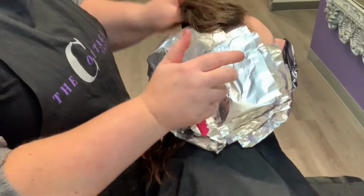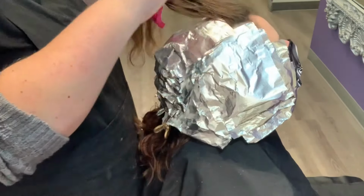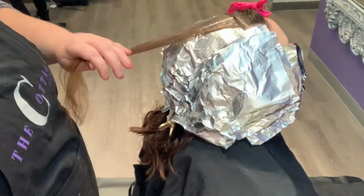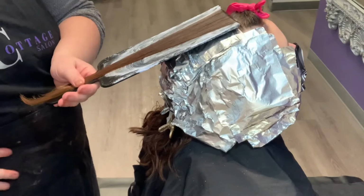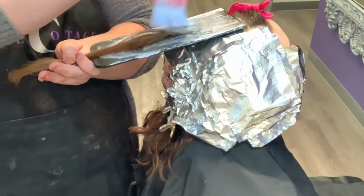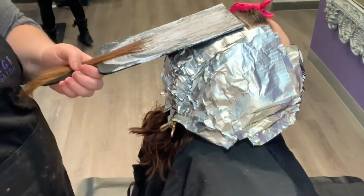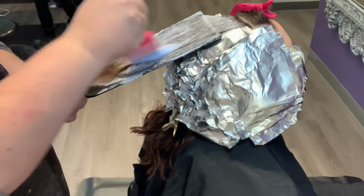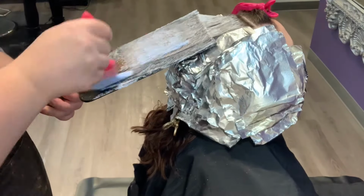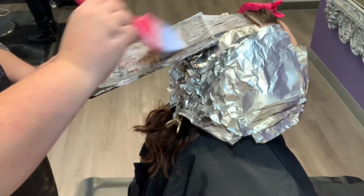If we see somebody, however they're doing their work, if it's a different technique or different style than what we do, we should just respect that person and how they choose to do their work, because none of us are the same. If you could ask 100 hairstylists how to do something, almost all of us are going to give you a different answer. And that's the great thing about being a hairstylist, that we can have our own creative outlet in how we do things and things that work best for us, and we can share with others. So just please keep that in mind when you're commenting, not just on my stuff, but